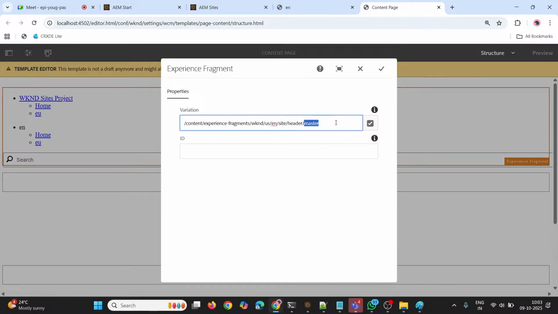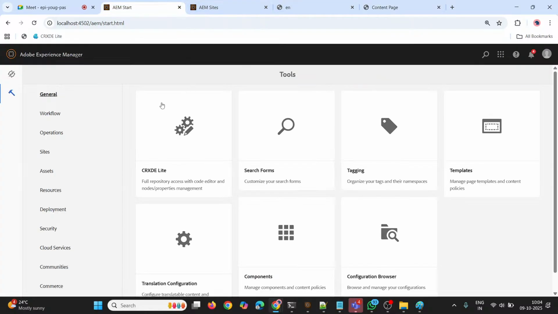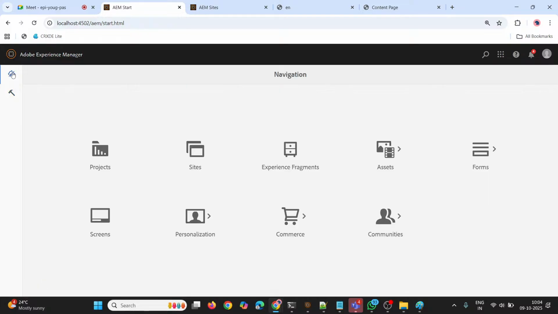So master is the variation and header is the name of the experience fragment we are having. Right now, in order to edit this header, where should I go? I have to go to this experience fragment. As a part of AEM, where will these experience fragments be stored? In AEM start.html, we have an option of navigation,